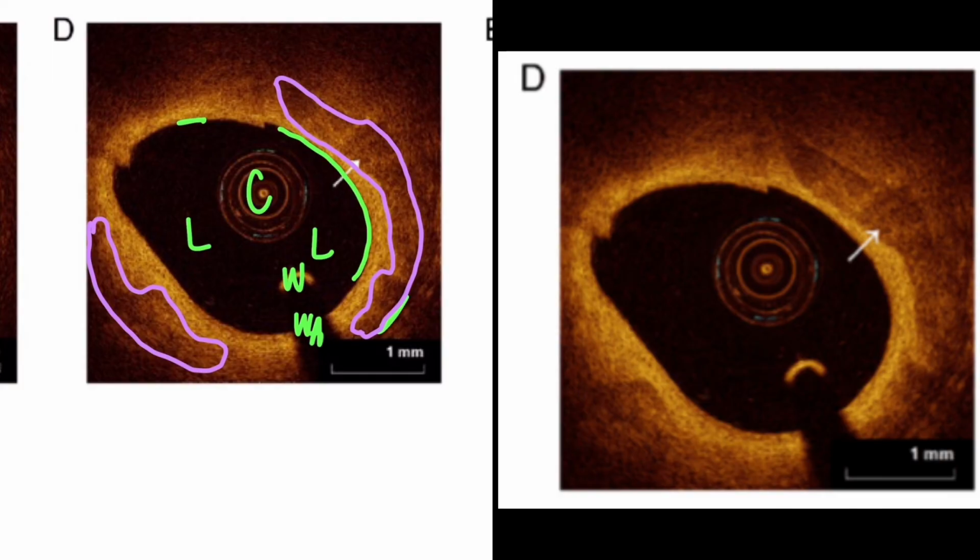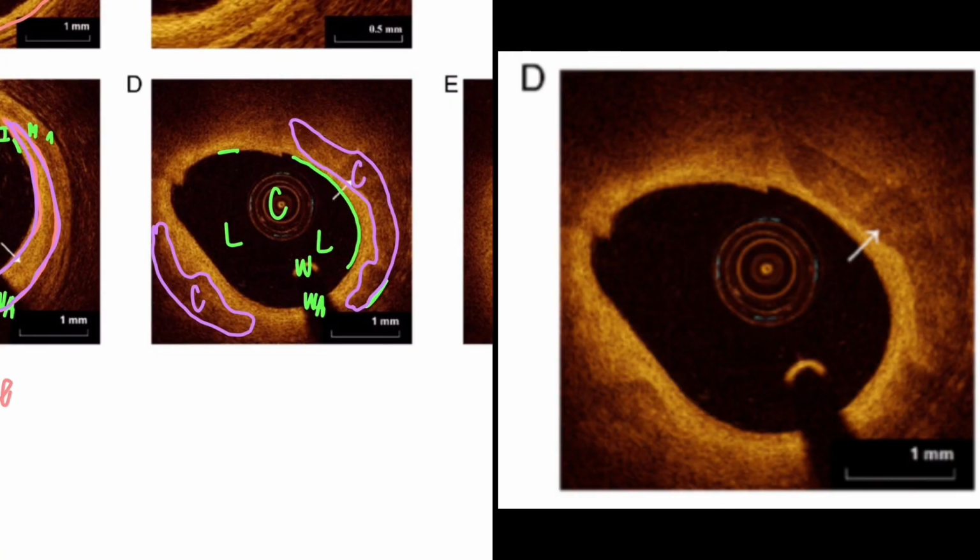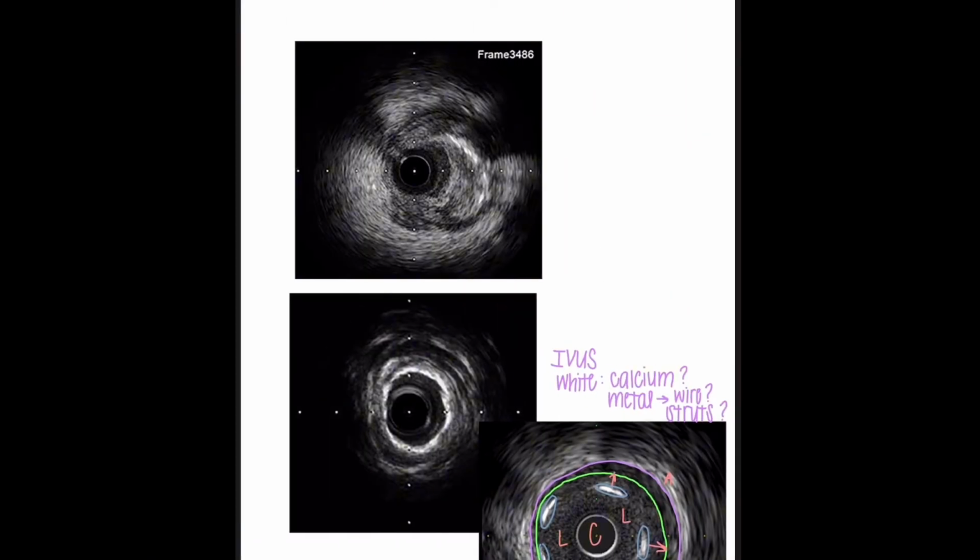Plaque. What happens to very developed plaque? It becomes calcific. So this is actually what calcium looks like on OCT. The big difference between calcium on OCT and calcium on IVUS is you can see through it, and they have dark edges. I do call them little dark islands, versus